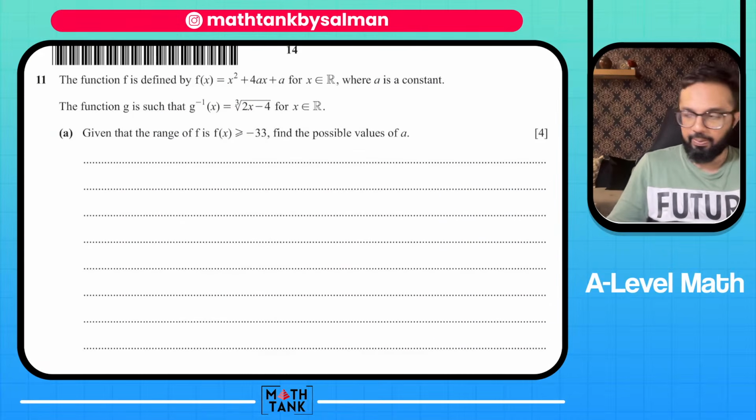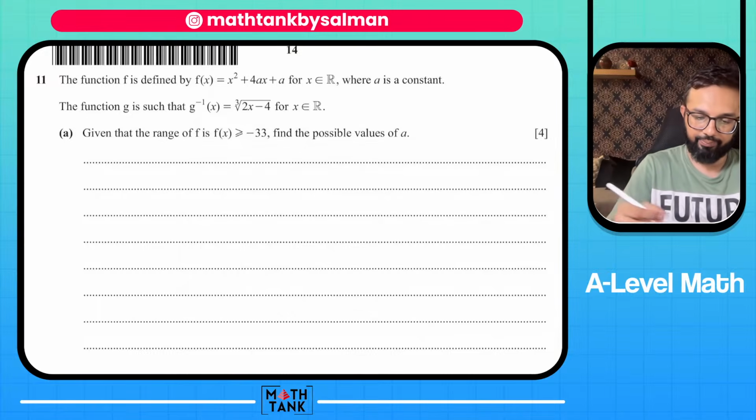Last question for this paper. It says the function f is defined by this, where a is the constant, the function g is defined by this. Given that the range of f is f of x is greater than or equals to minus 33, find the possible values of a. So the range of a quadratic function is defined using its turning point. So I'm going to find the turning point, minus b over 2a,